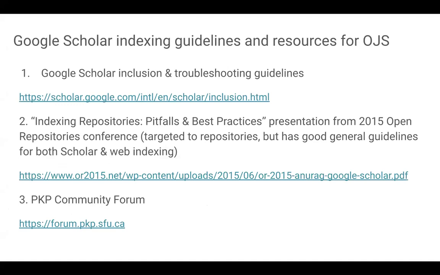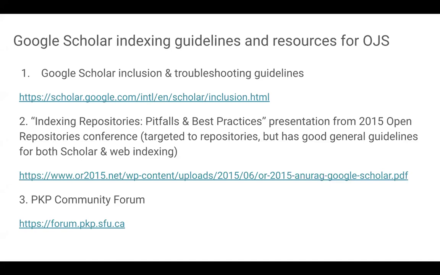Before we turn to questions, I want to end by directing you to a few useful references and guidelines about Scholar indexing. The first is our online Google Scholar documentation. If you go to scholar.google.com and click Help on the bottom right corner of the page, you're taken to our documentation. From there, the section titled Inclusion will provide a comprehensive overview of the indexing process. It includes the example list of meta tags I showed you, along with the troubleshooting guidelines I talked about today,